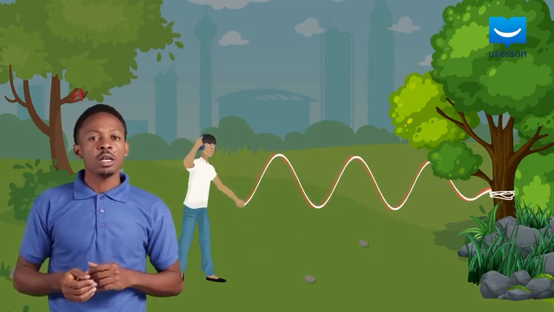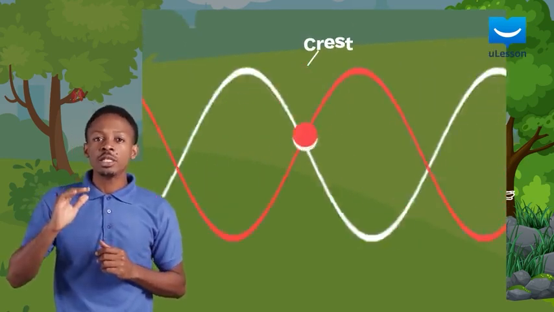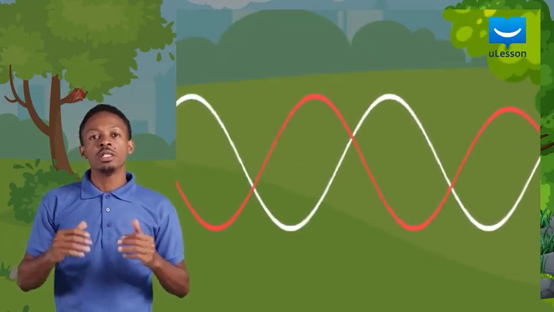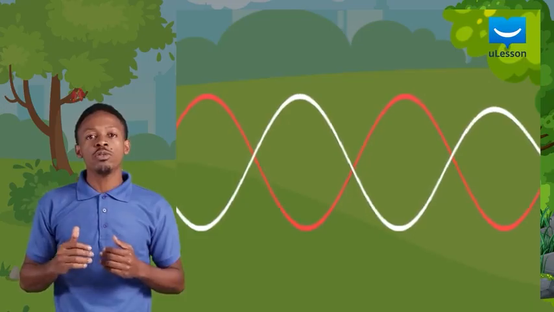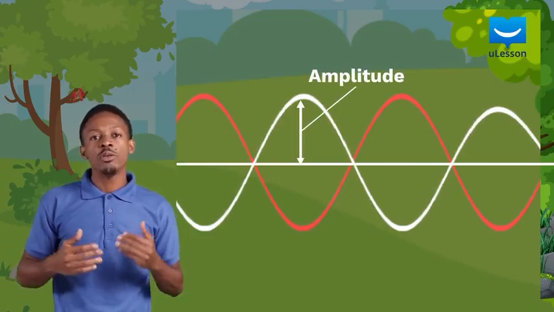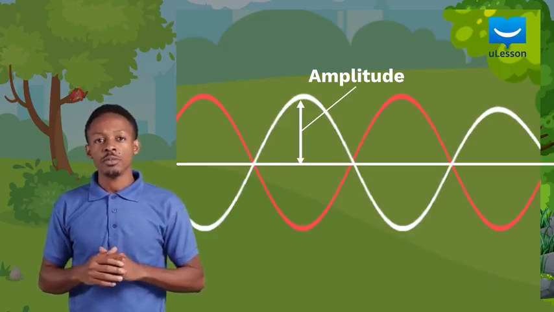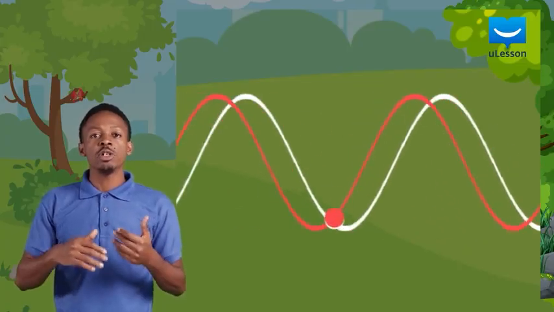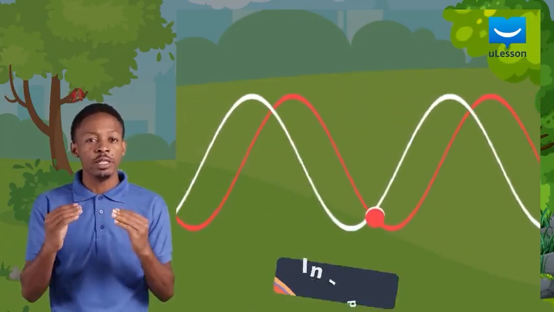The first case can be that the top of the reflected wave, which is called the crest, rises and falls at the same time as the crest of the incident wave. Since the reflected wave is a reflection of the incident wave, then both waves will have similar amplitude and will travel at a similar speed. Remember that amplitude is the vertical displacement of the wave. When two waves are rising and falling at the same time, then they must be traveling with the same frequency, and we say they are in phase.